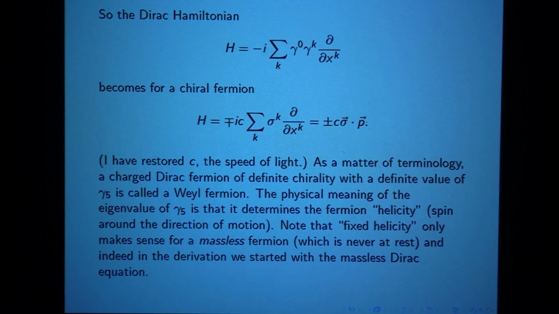A massless fermion is always traveling at the speed of light. So in any Lorentz frame, it has a direction of motion. And it makes sense then to consider the rotation around the direction of motion. And the helicity of the fermion, which for a spin half fermion will be half or minus half, is the spin around the direction of motion. That's a Lorentz invariant notion for a massless fermion. So for a massless fermion, it's possible to have a 2-component fermion